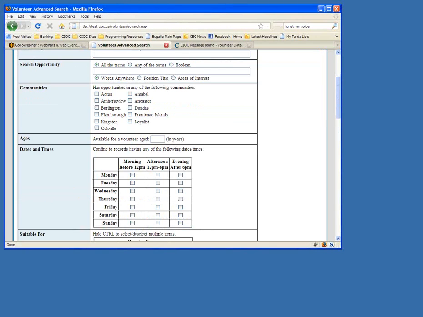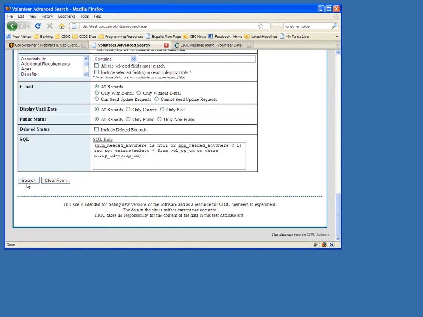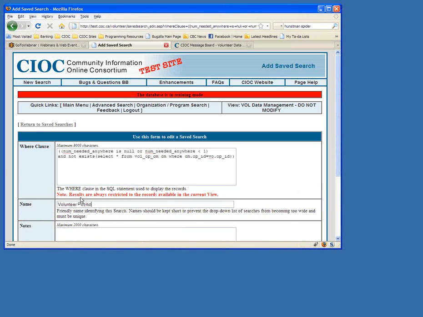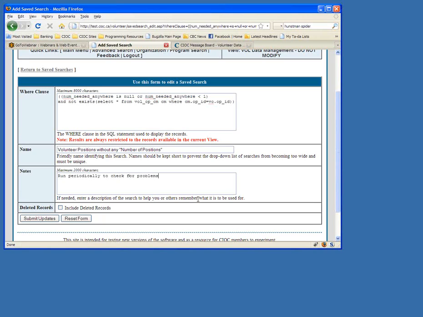and I'm going to put this lovely complex bit of add SQL that I would never remember, and I'm going to do a search, I would want to save this search so that I could periodically come back to it and this allows me to have easy access to check for this particular problem on a regular basis without having to go and look up from the CIOC bulletin board what that long add SQL is that I would never be able to remember how to write again. Well, I would, but